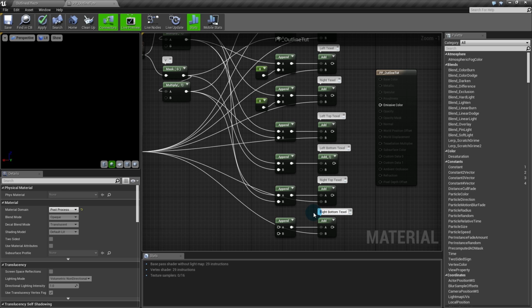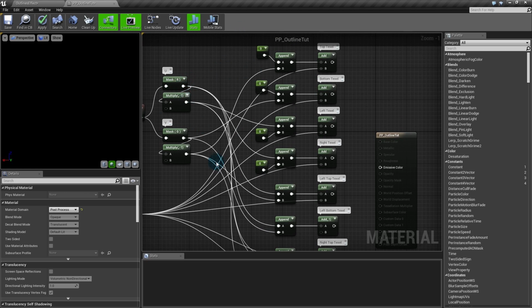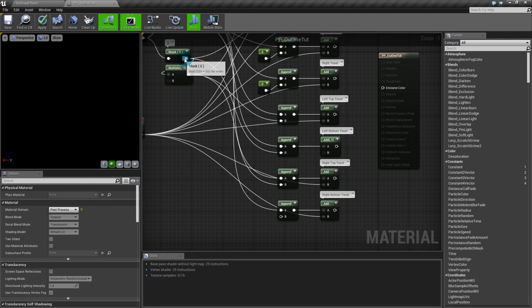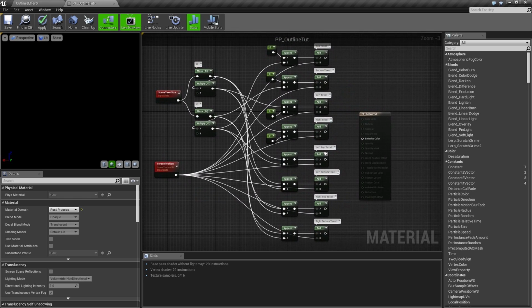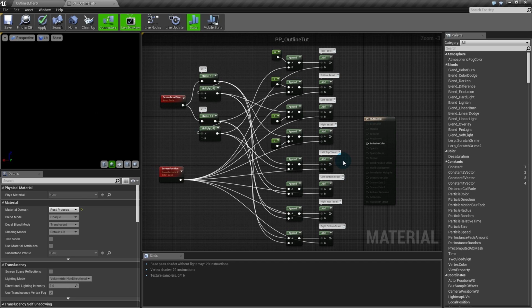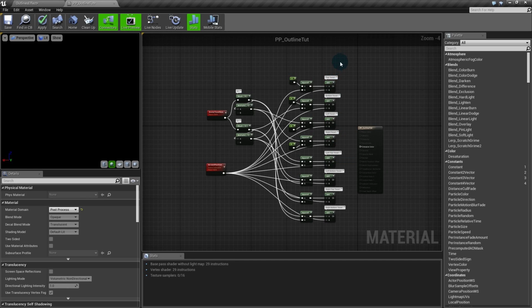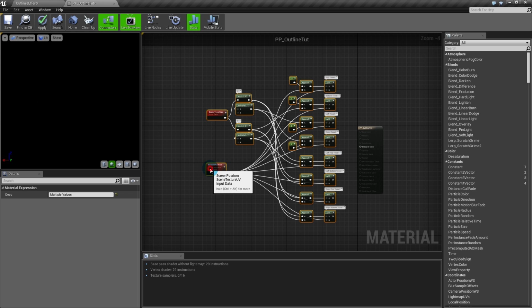Right will be positive on horizontal and bottom positive on vertical. I forgot to plug this. Okay, everything's plugged on. Now that we have our coordinates, our offset coordinates to sample from all the pixels around